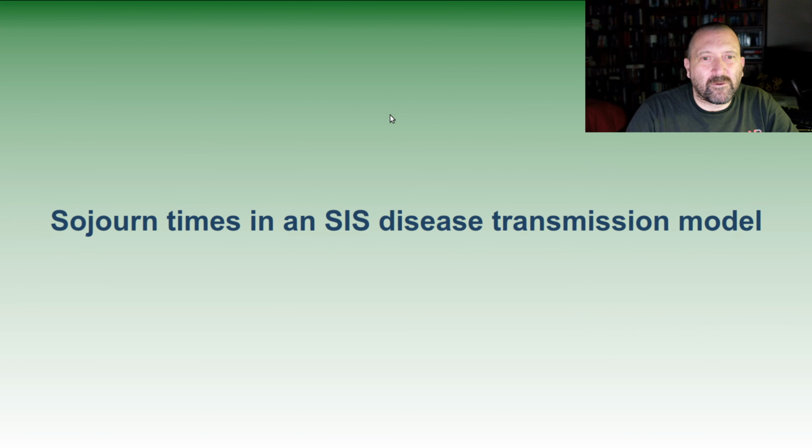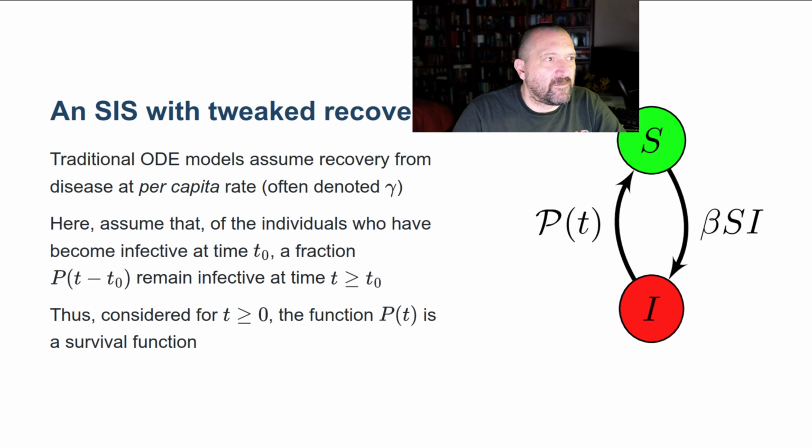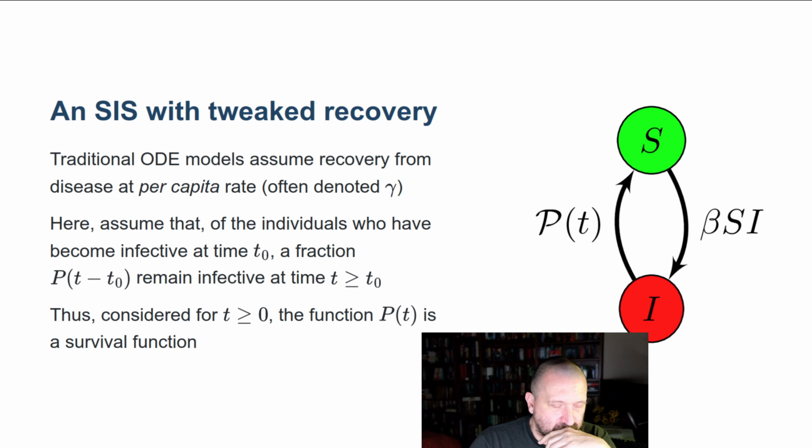Now, let me look at this in the context of an epidemic model. So I'm going to look at a very simple SIS model. So let me move this out here, perhaps. I'm going to use the same type of SIS model that we used in the first Math-EP lecture, except that here I'm going to assume that there is no demography, the population is constant, and I'm going to tweak the model. And I should point out I also have mass action, not proportional incidence.